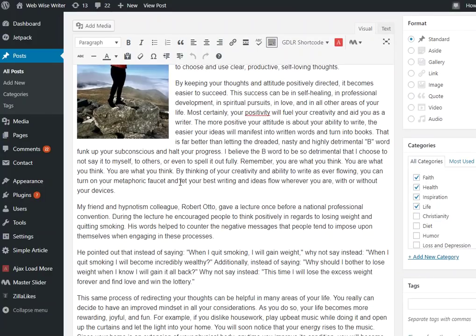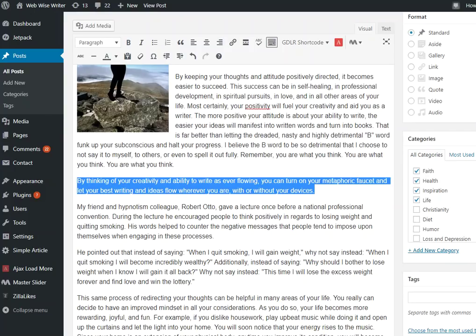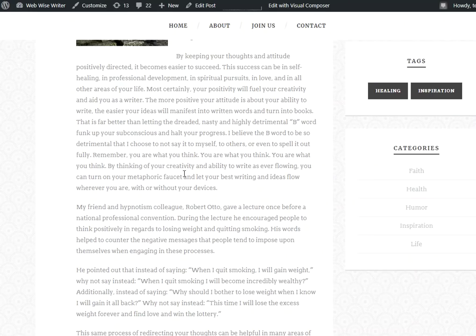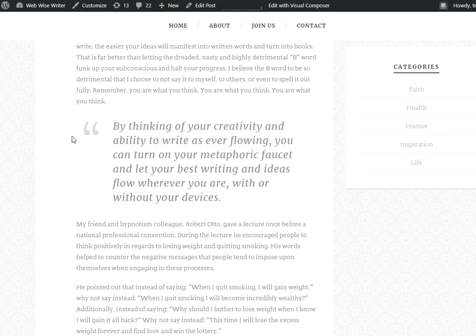But this is one sentence I think is really good. I'm just going to highlight that and then add right here is block quote. So I'm just going to hit that and then save it. Now that sentence should be standing out a little bit better. I'll reload the page. And now it looks like this. So that's pretty nice. This is totally going to depend on your WordPress site and what you have set up.